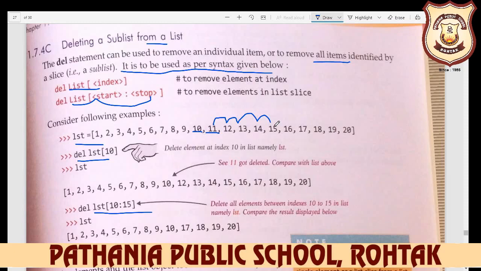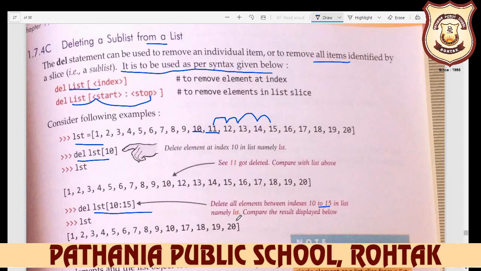So del list[10:15] deletes all elements between the existing 10 to 15 in the list, namely first. If an occurrence is there, the first occurrence will be deleted. Compare the result displayed below: 1, 2, 3, 5, 10 is there. After that you see 11, 12, 13, 14 and 15 will be removed from your program, and 17, 18, 19, 20 are displayed again.